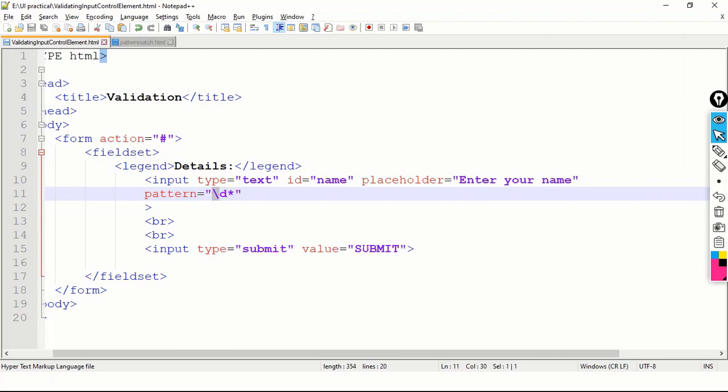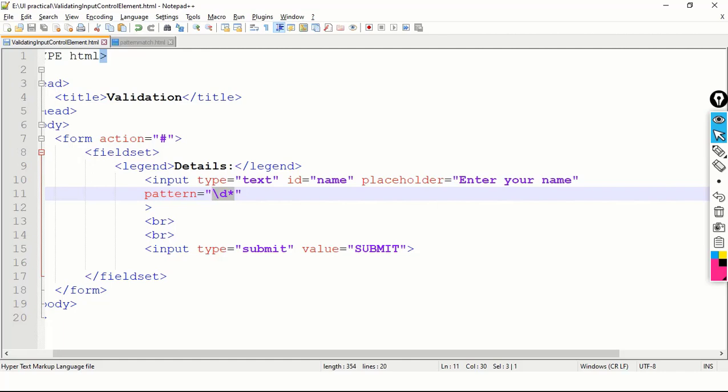This is part of regex. Regex we will understand when I teach Python and Django. There you will understand all those things. So this is one pattern. With the help of this pattern we can specify our required format of value.